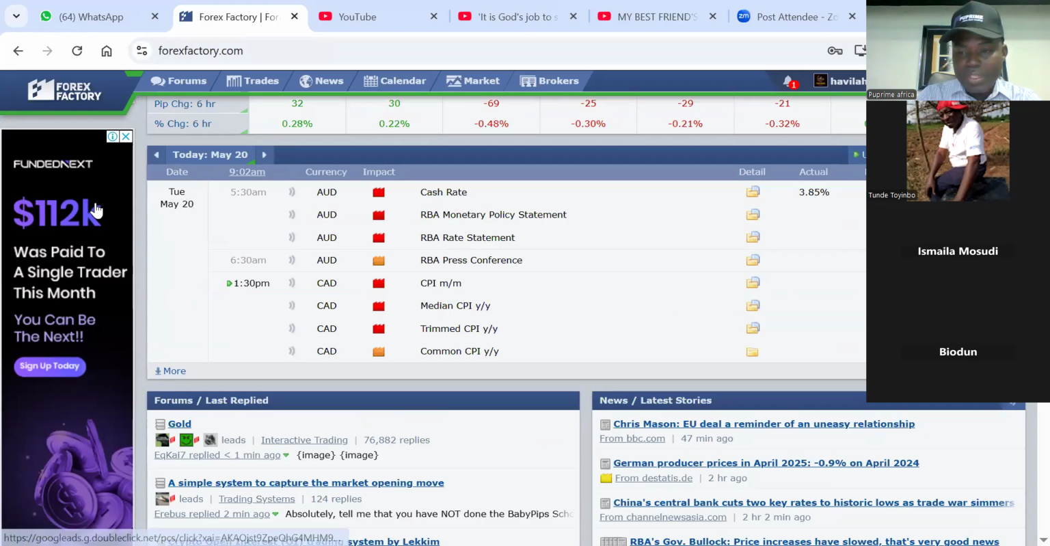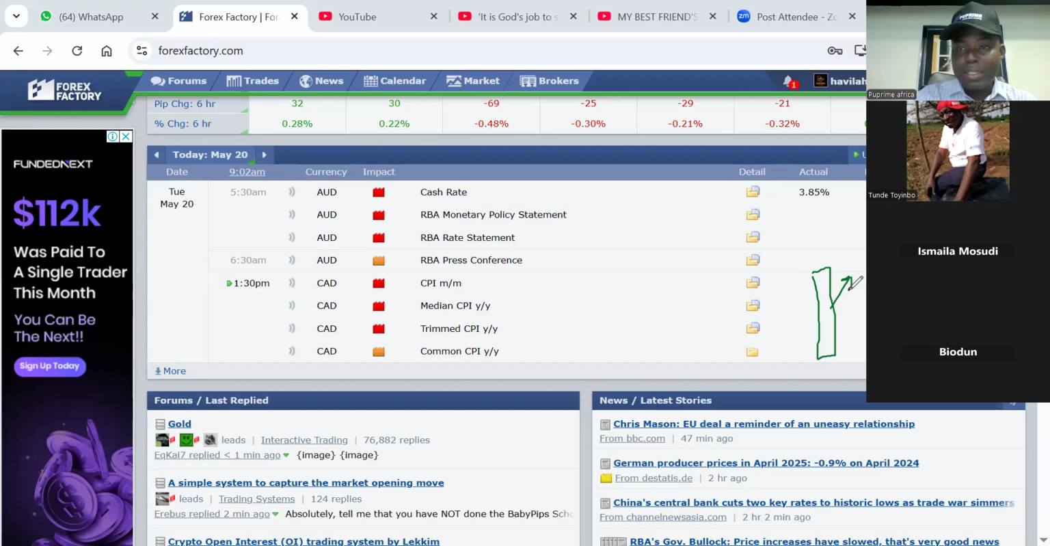So by 1:30 p.m., which is approximately an hour from now, if the data comes out good for the Canadian dollar, then the color will be green. And to be good means the actual data came out greater than the forecast. If it comes out like that and it's green, it means we are expecting a bullish movement